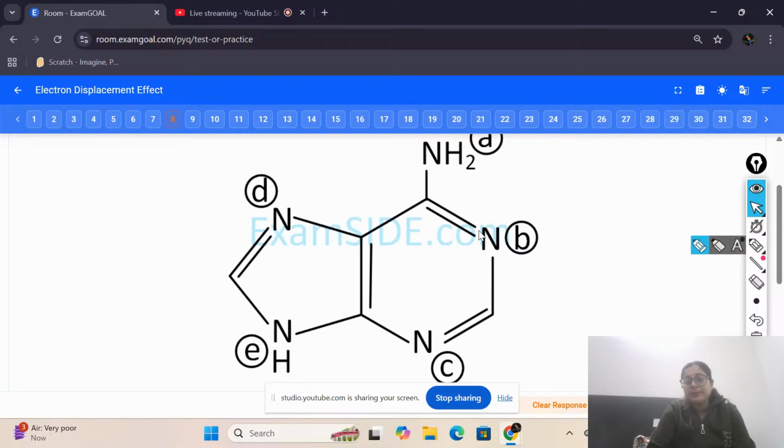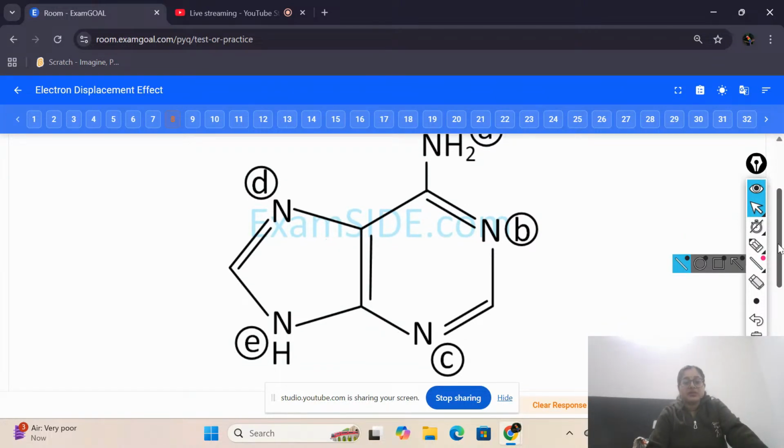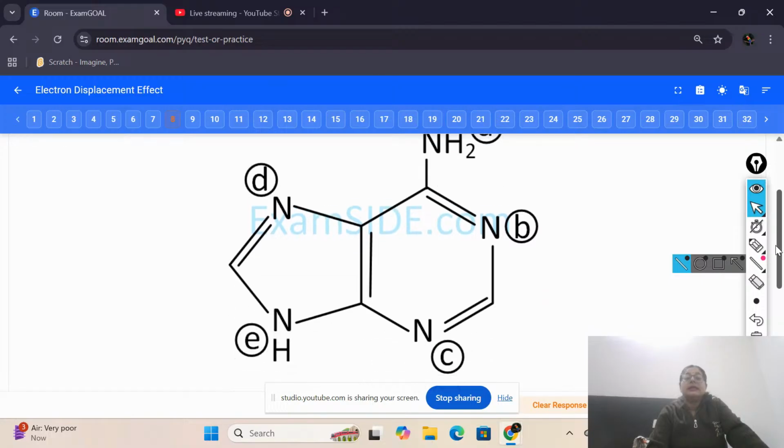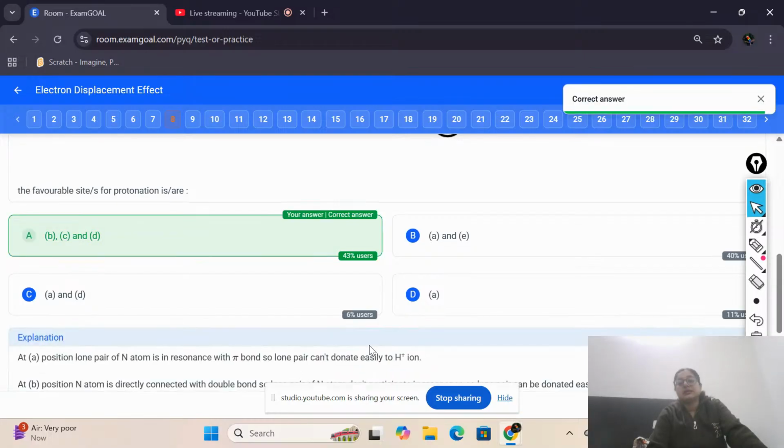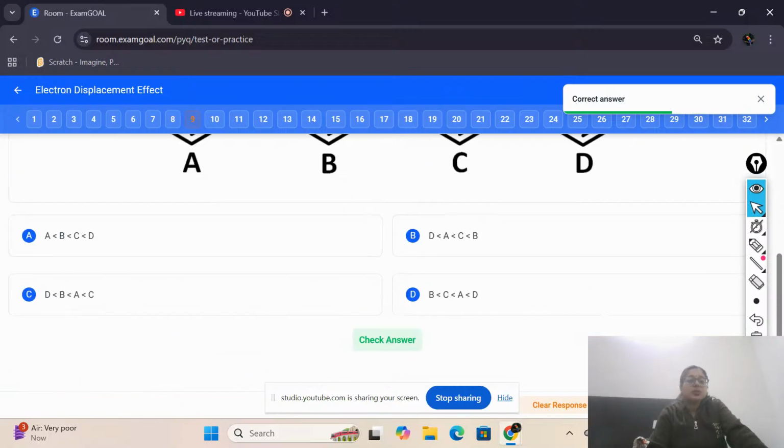Again, pi bond, sigma bond, pi bond is there. So the B, C, and D nitrogen lone pairs are not involved in resonance, so they can easily be protonated. So option A, which includes B, C, D nitrogens, is the correct answer. Coming towards the next,